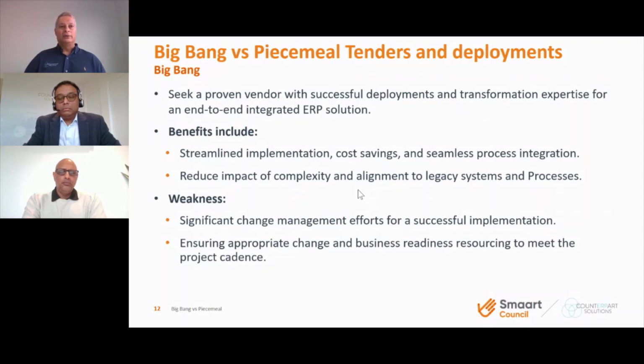The weakness of it, though, is that council puts a lot of effort into significant change management, because what we're doing is going live with the new world. So when we talked about the enabling changes and the approaches, that effort will need to be considered as part of this approach and appropriately resourced within council. And then making sure that the business is supported, so that the change in business readiness and resourcing within the business and within the project itself is resourced appropriately to meet that project cadence, because of the speed.